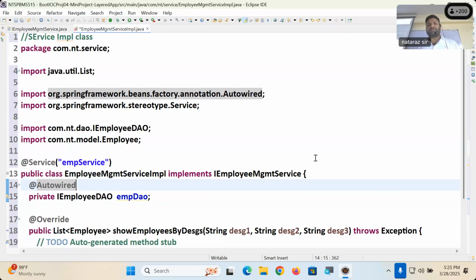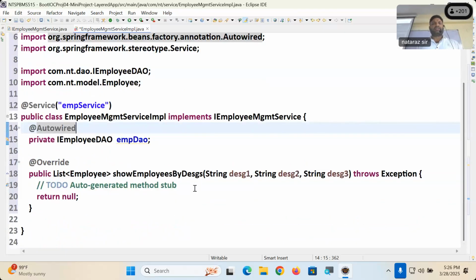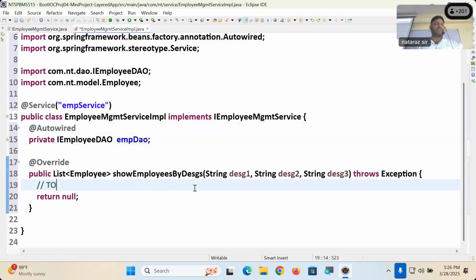While doing injection, my dear, it is better to take the has-a property of type interface, not of type implementation class. Better to take it of type interface, of type implementation class. So that's why an interface reference variable is taken on the has-a property, okay guys? That's great, guys. Here what I do is